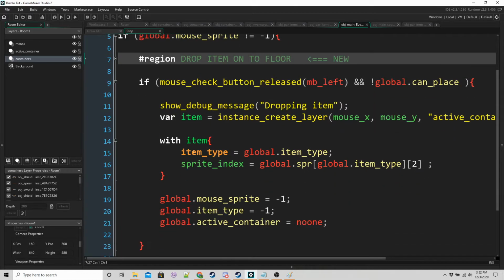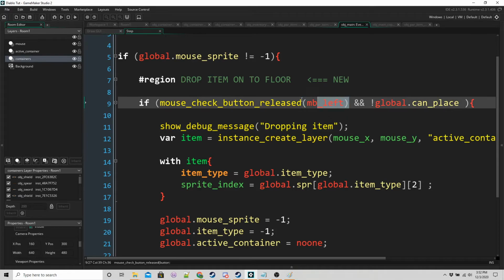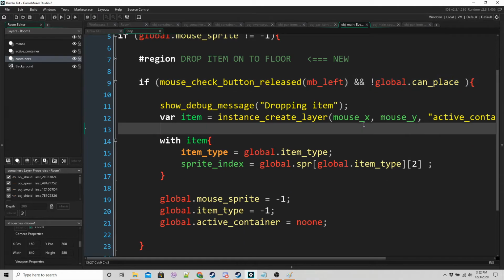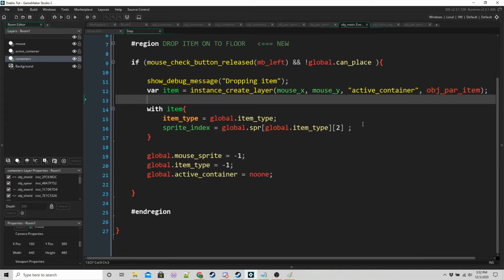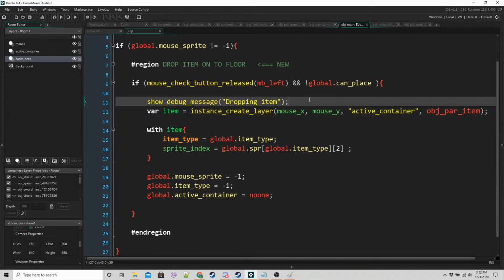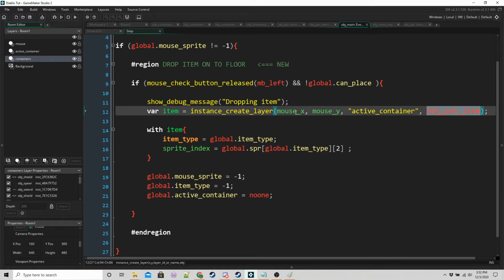If we do, then did we just release the left mouse button, and are we not able to place it somewhere? So let's show a message to say we're dropping the item. We're going to create a new instance of obj power item at the mouse X and Y on the active container layer, and then